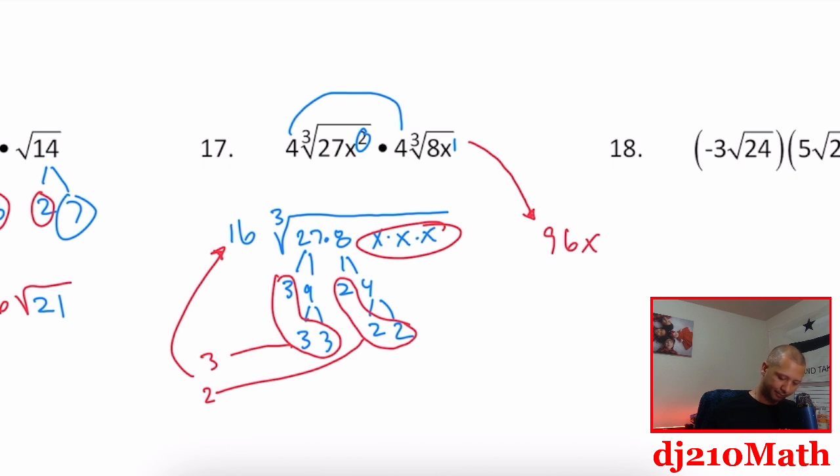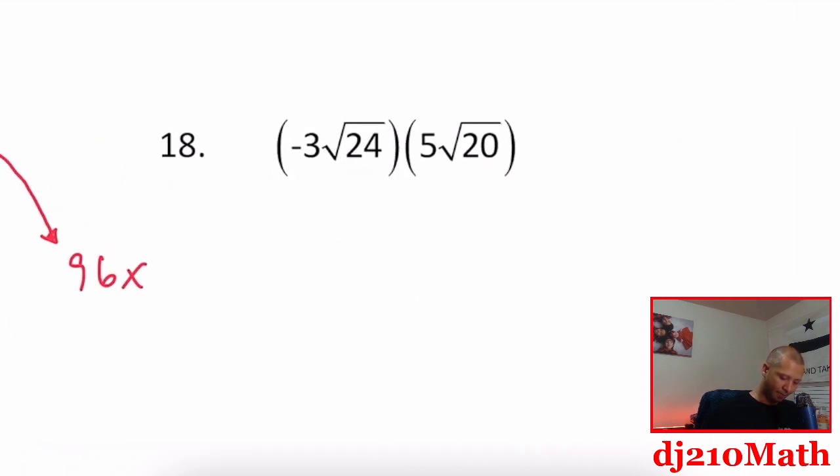All right. 18. Outside times outside. So this is going to be negative 15 times 24 times 20. It's like 480. But if we break it up now, which I suggest you do,